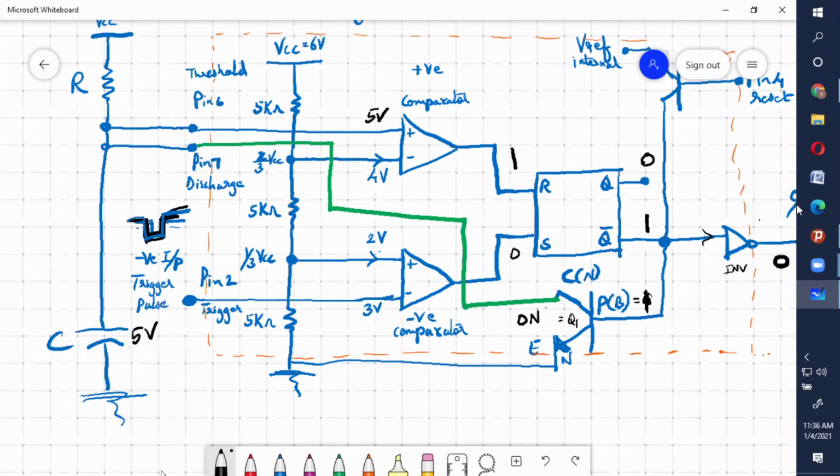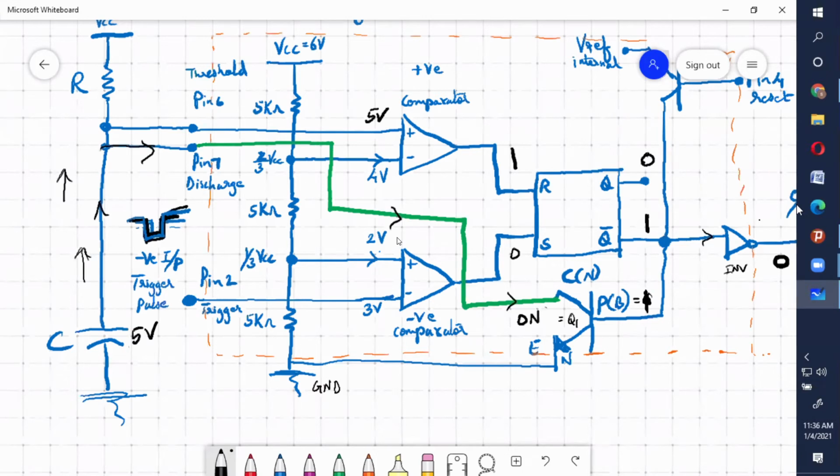And also please see here students, from capacitor, if it is discharging through this path, is there any resistance in between? Previously in astable, we had some resistance, right? Whereas see here, there is no resistance when the capacitor is discharging. So it can discharge at a faster rate since this is ground. Once the capacitor starts discharging, directly it will discharge to zero. It will not slowly discharge because there is no resistance in this path. It can discharge very fast.